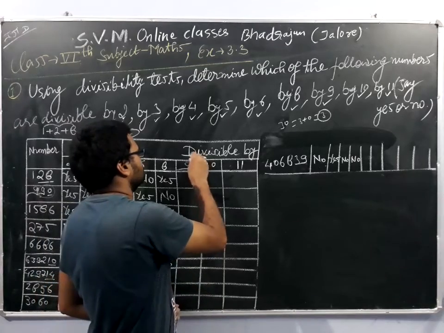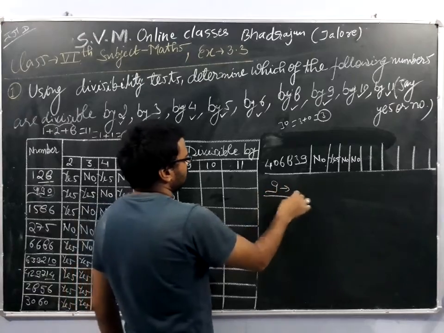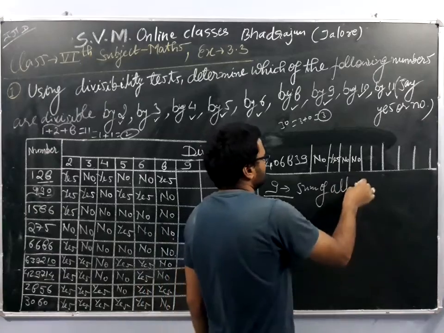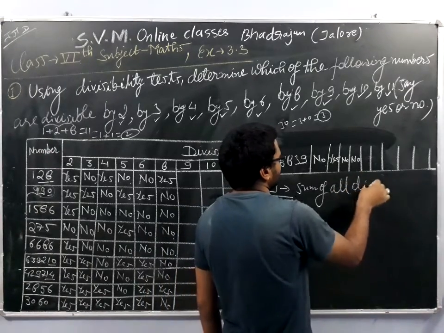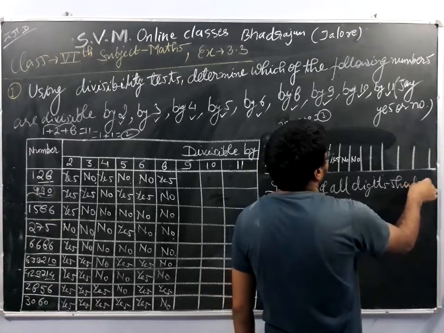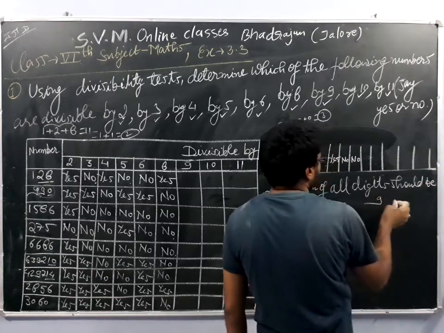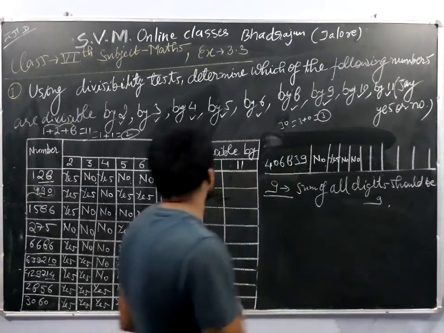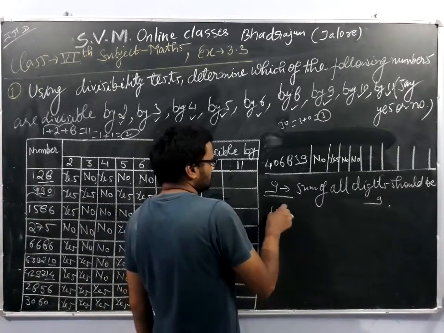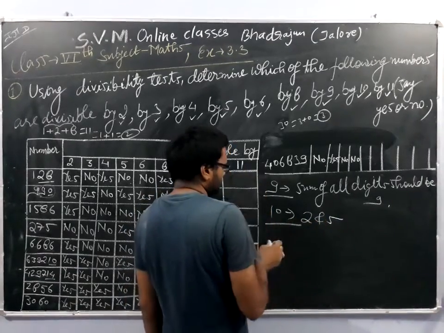So we will first check the divisibility rule of 9. If the sum of all digits is 9, then the number will be divisible by 9. Okay, and for 10, the number should be divisible by 2 and 5. 2 and 5. Okay, for 11,